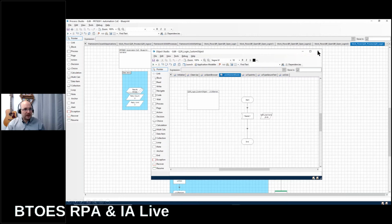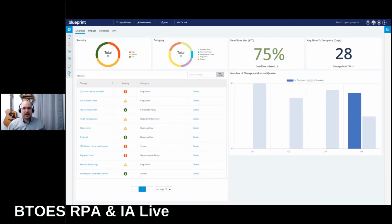Now, what's important in all of this is that migration is one of these scenarios where we want to bring things over. But in doing so, what we've actually done is create a repository and a catalog of all our automations. And as we migrate things, rewiring our automations and using different technology, we're also getting this important and powerful picture of how these automations function and why they function. So if I move forward, Blueprint is not only going to provide value in migration,